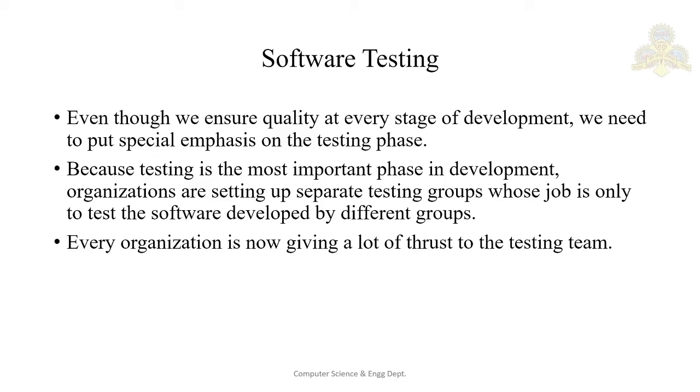So how many people are involved in testing? Of course, this differs by type of project. For example, if we take Microsoft Corporation, the ratio of developers to test engineers is 1 to 1. That means if there is one developer, then there is one tester. But in NASA, the ratio is like 1 to 7. That is, for every development engineer, there are 7 testing engineers or testers. For mission critical applications involving the safety and security of people, like medical, nuclear, transportation, space, etc., the testing teams would be pretty big.